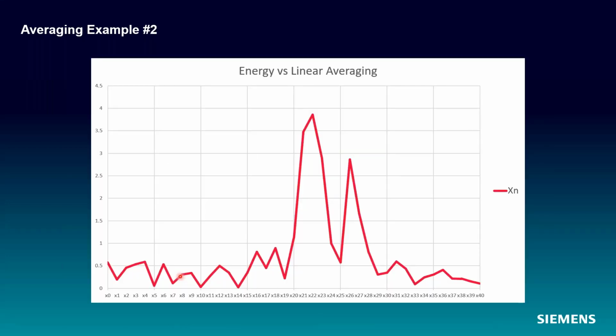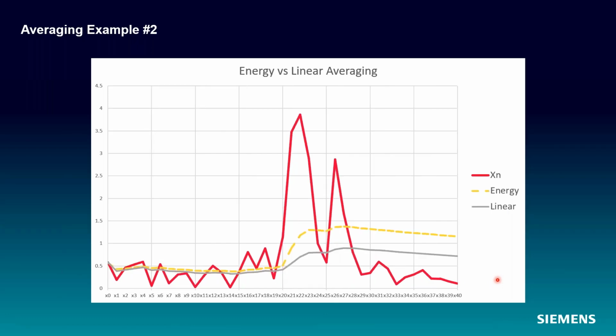So let's look at another example. Maybe this is the sound pressure versus time of some transient event. We've got some low-level background sound pressure values progressing through time here. So this is a time axis, or the number of data points that I'm including, not frequency. And you see I'm at a low level, 0.5, 0.1, pretty small. And then all of a sudden my event happens and I get a magnitude 3.5, 4, significantly different. Comes down, then goes back up, and then it kind of goes back to the lower level.